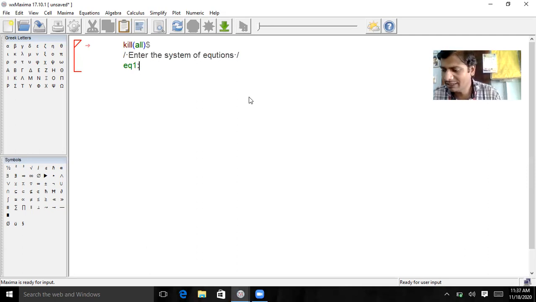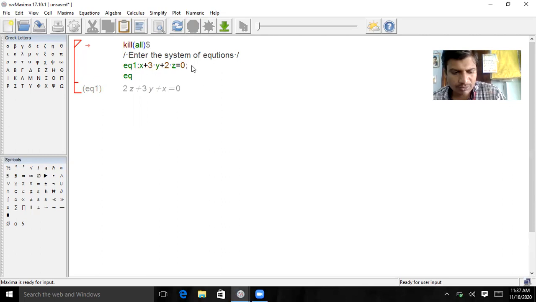What is the first equation? That is x plus 3y plus 2z equal to 0. That is x plus 3y, 3 star of y. That is 3y. Okay. Then plus 2z, 2 star of z. x plus 3y plus 2z is equal to 0. This is the homogeneous equation. That's why we take the 0. Okay. Next, only you press the enter.